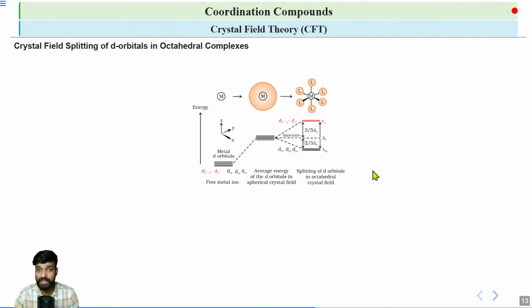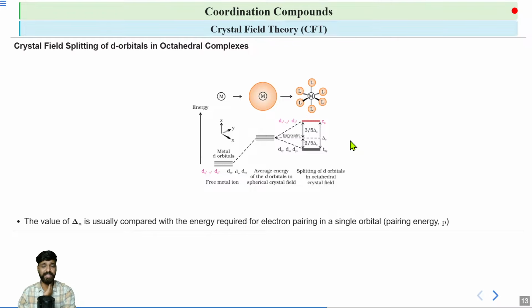So in that case, this order will be reversed, because the repulsion will be faced more drastically by the dxy, dxz and dyz. Is it clear to you? Did you get my idea? Okay. Now, next, remember that these two sets of orbitals are raised by 3/5 delta O, and these 3 sets of orbitals are lowered by an energy of 2/5 delta O, and this delta O is the